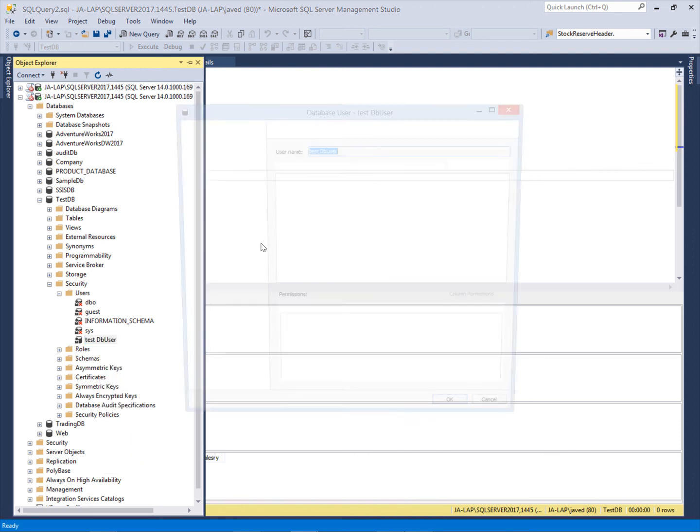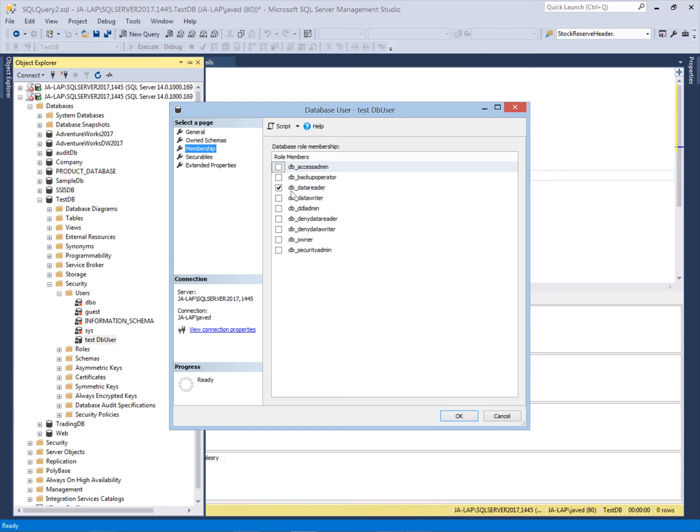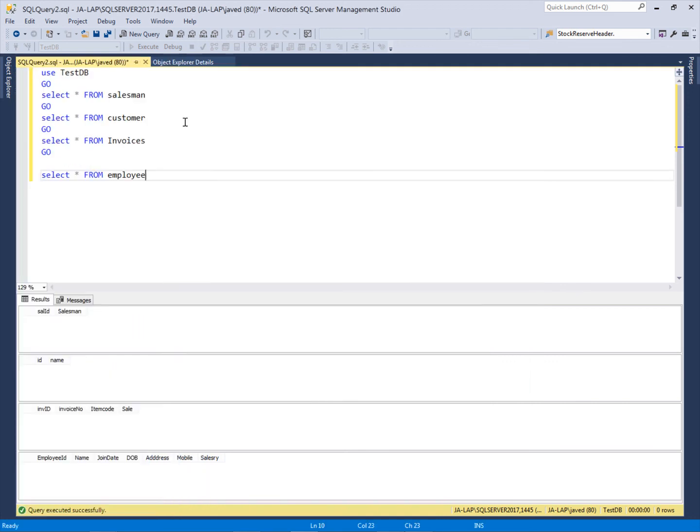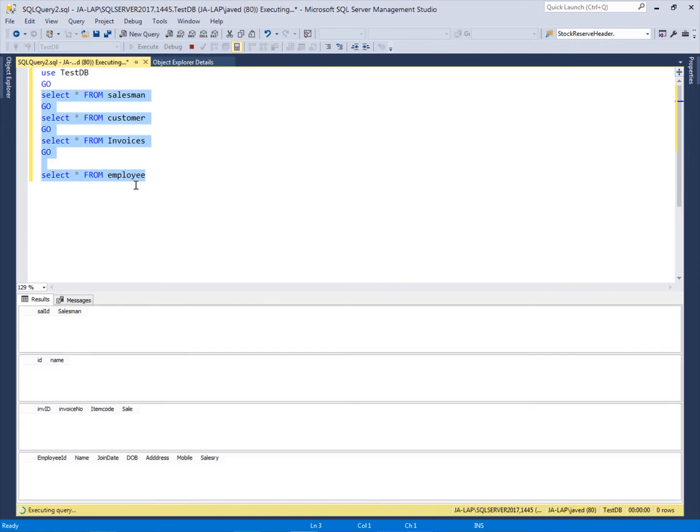This user is a member of db_datareader, so it can now access all the tables and all the views in this database. I'm logged in with the TestDB user, and these are the tables in this test database.